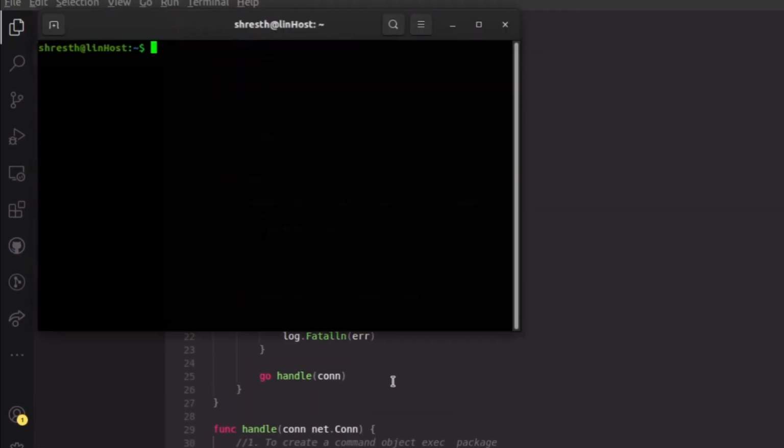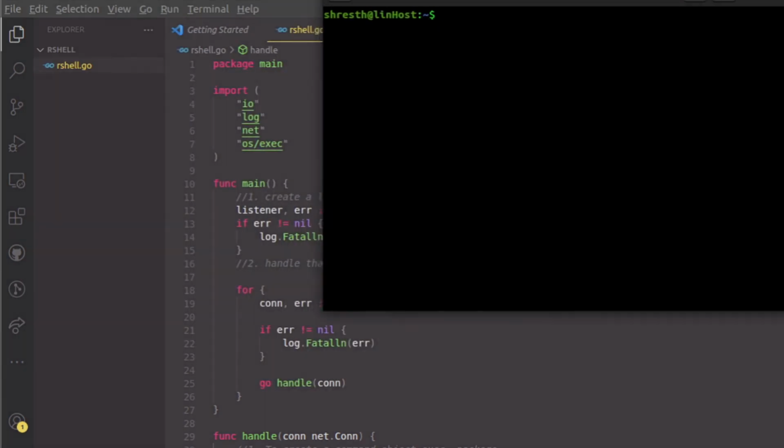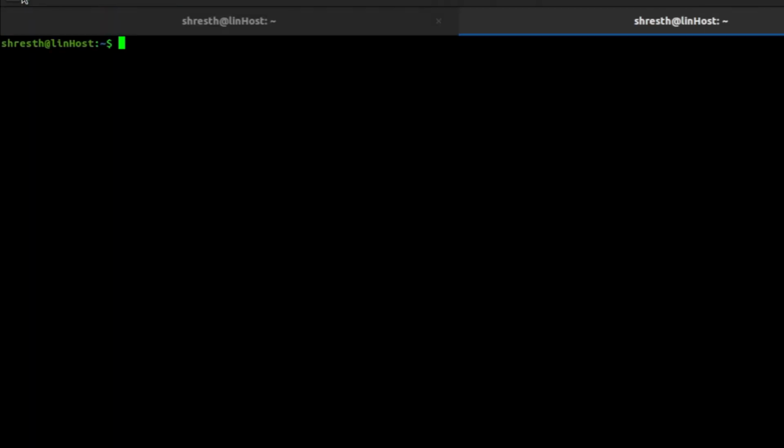So let me quickly execute it. I'm going to create two shells here. In the first shell, I'm going to run my program. This is not Python, so these are not scripts. Let me go to png/rshell and say go run rshell. Now I'm executing this rshell.